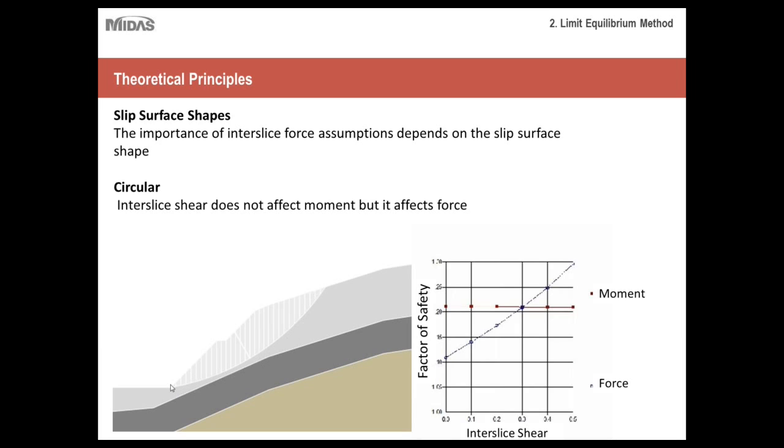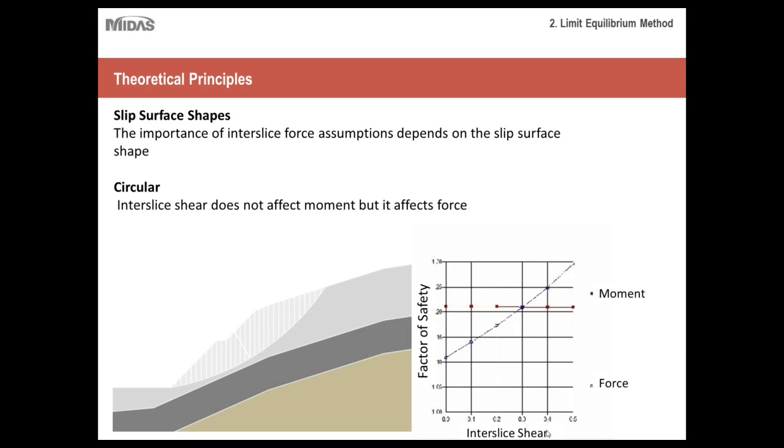As you can see, it takes a circular curve, and depending on how many slices you want to create, which is usually user defined, it'll take a circular failure surface and create the slices. But some important things to note about circular failure shapes. First and foremost, if you look at the graph on the right here, as you can see, the factor of safety